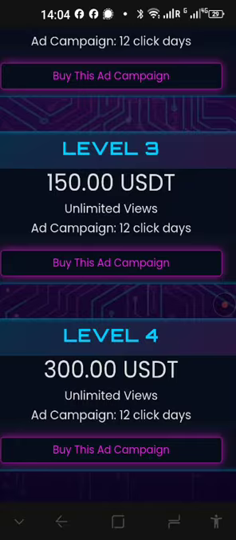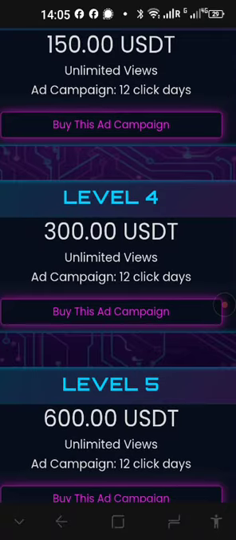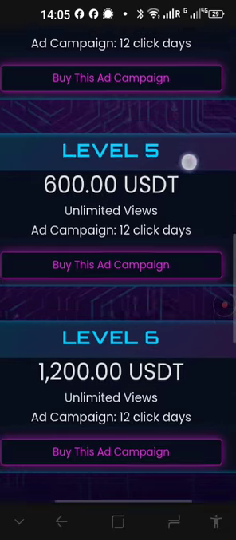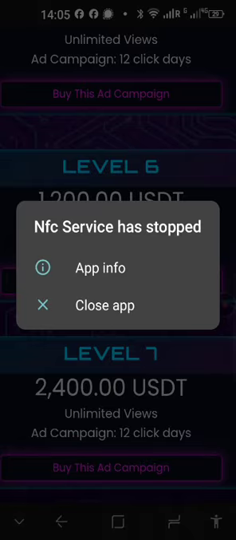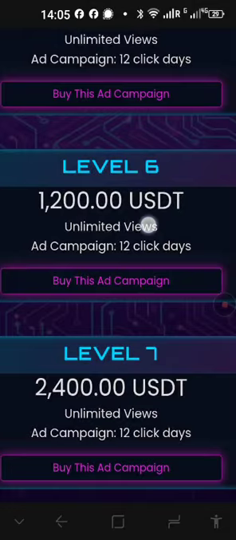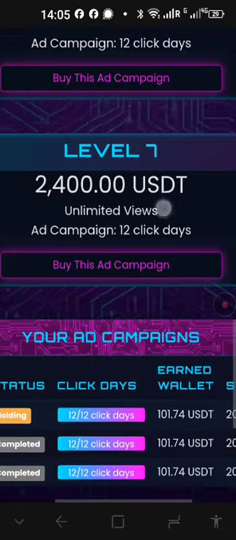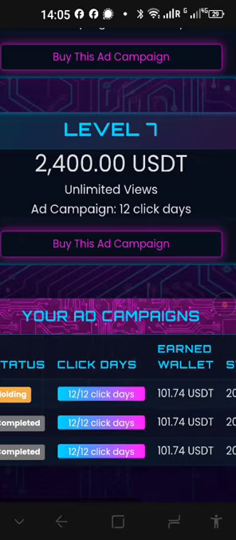That's why we need to wait for the third one to pay out. Then we will have enough to cover this level 3 payment. And then the same on level 4, it will be $30 activation fee. Level 5 will be $60, and then level 6 will be $120 activation fee, and level 7 will be $240 for activation fee. Remember that activation fee you only pay once.